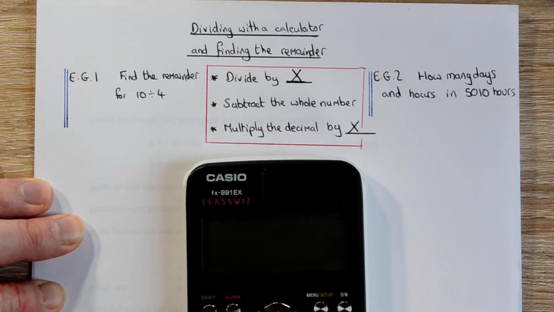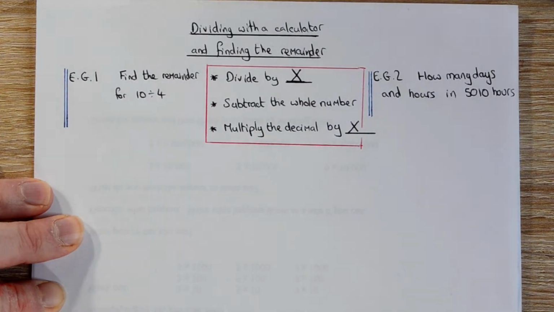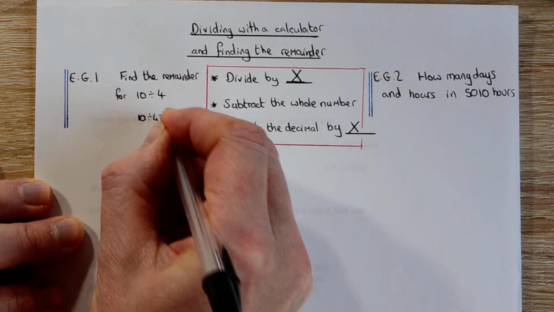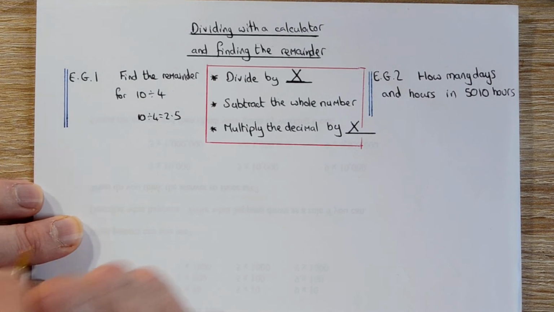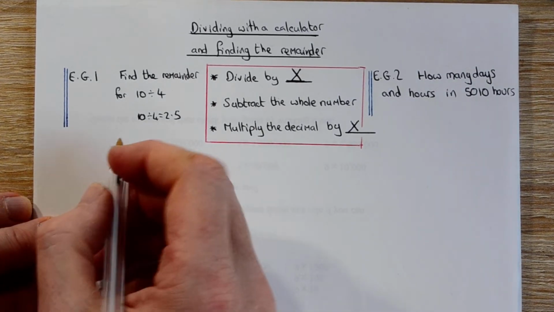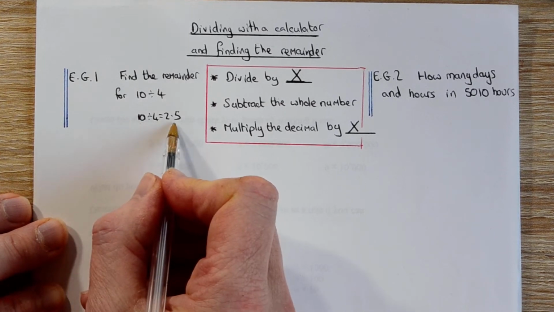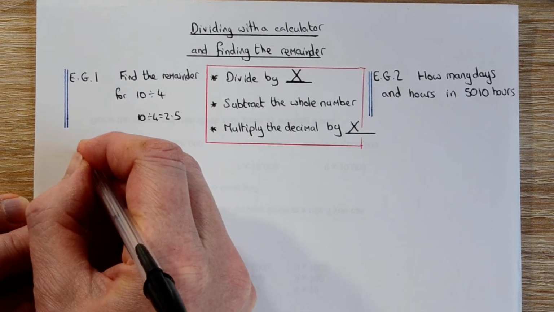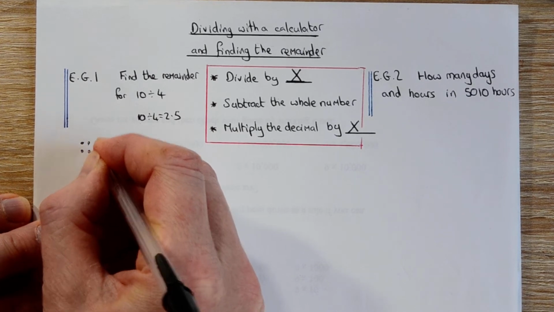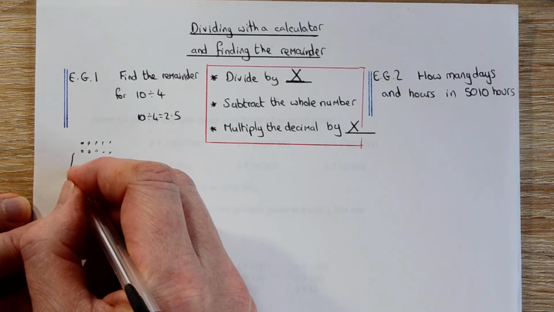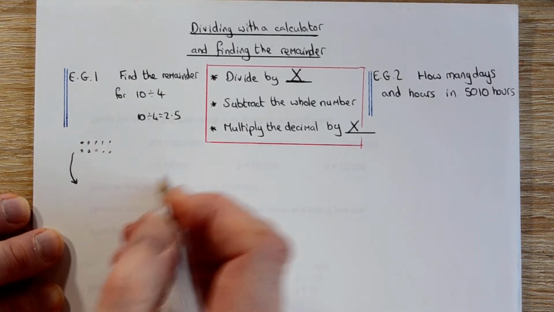With the bigger numbers we need our calculator. Get it as a decimal, there we go, the answer is 2.5. So 10 divided by 4, 2.5. So what we're doing there, we're actually working between how many we've got altogether and how many lots of 4 we've got. So if we start off with 10, if we divide by 4,